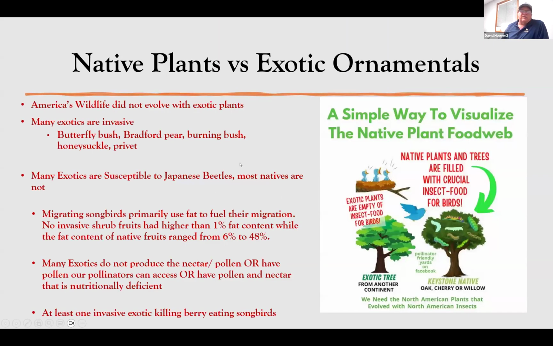So native plants versus exotic ornamentals when you're thinking about plantings, not just for bees, but for everything. America's wildlife didn't evolve with exotic plants, like Bradford pear, burning bush, honeysuckle. And using tree species as an example here, most of our exotic tree species don't house and aren't hosts for very many beneficial insects in their larvae,